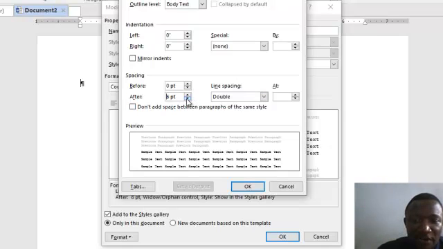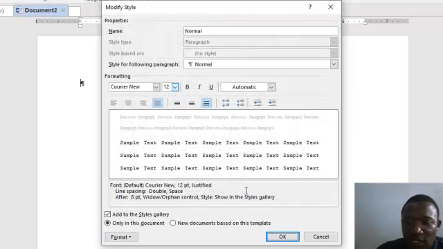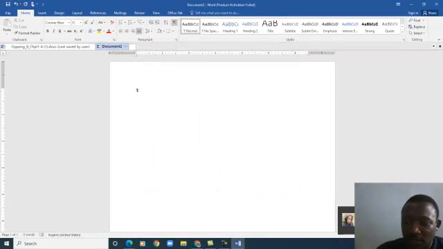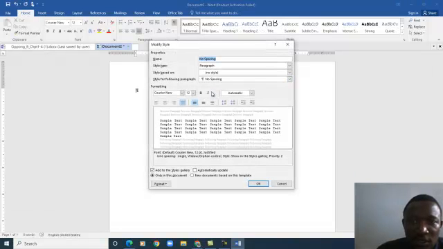After every paragraph, it's made 8 points. I think 8 points is okay for standard use. Yes, there is no indentation when you start, and so no need for that. I click on OK, and that will be it for the normal. And then I'm going to do similar for no spacing. I think it has picked from the previous, the normal is the basics, and so you see Cambria here. Yes, I'm going to leave that,